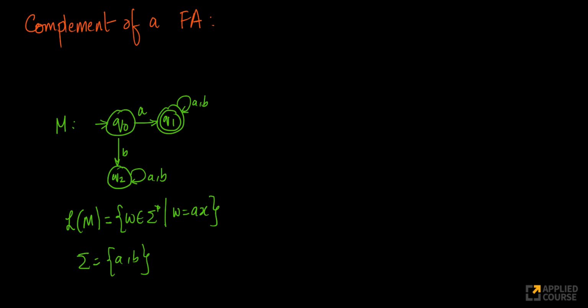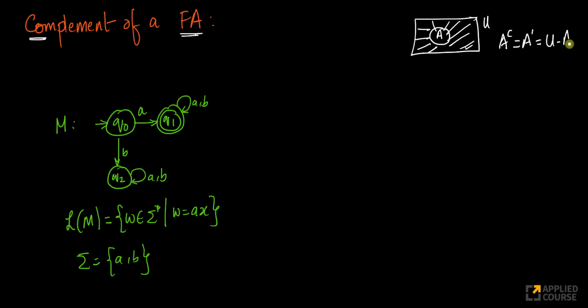So now let's learn some set theoretic operations on finite automata themselves. For example, in sets we have the concept of a complement, right? Imagine this is my universal set and this is my set A. What is A complement? A complement is everything that is outside of A but within U, right? In other words, A complement, which is also written as A dash, is nothing but U minus A in set